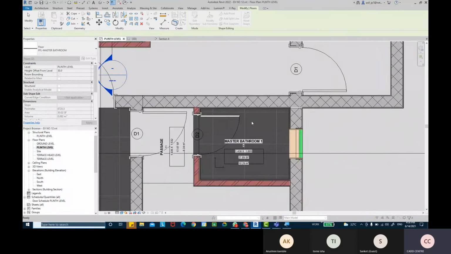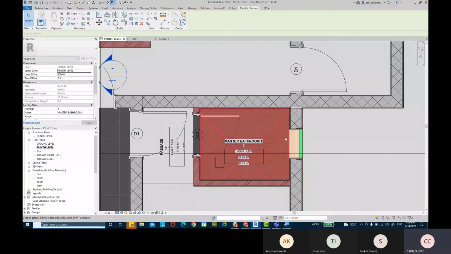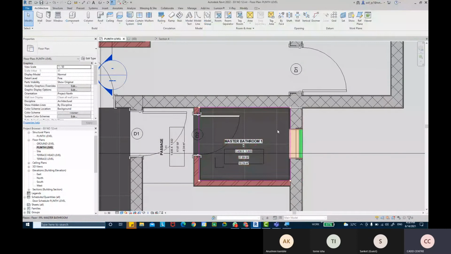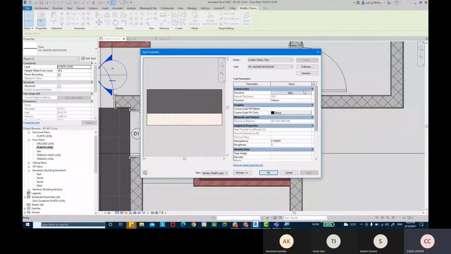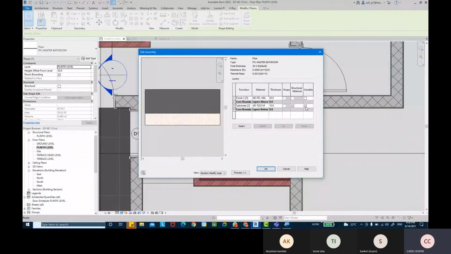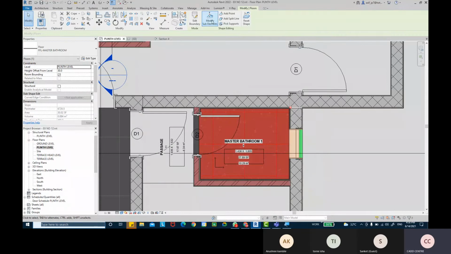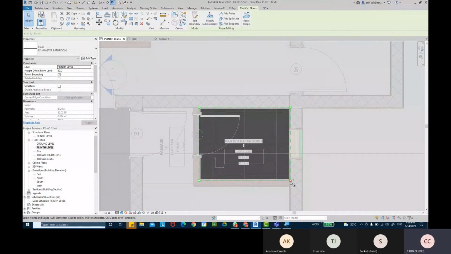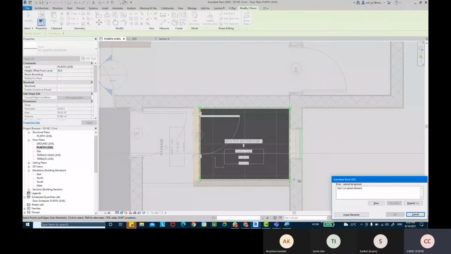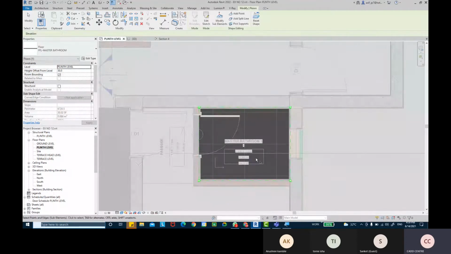I'll tell you, when I select this floor, come into edit type, come into edit structure. Variable is on, but to what? To the mortar is on. It's already on, so why is it still a problem? Modify sub-element, select this point. Let's take negative 2 first. It can't cut the joined element and join it. Problems.